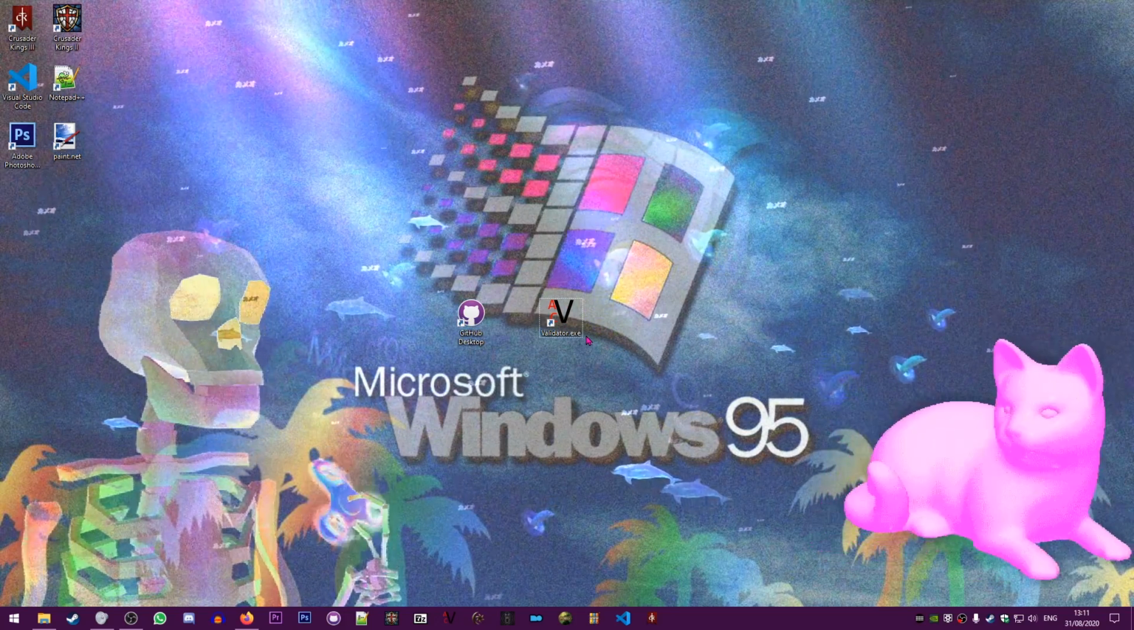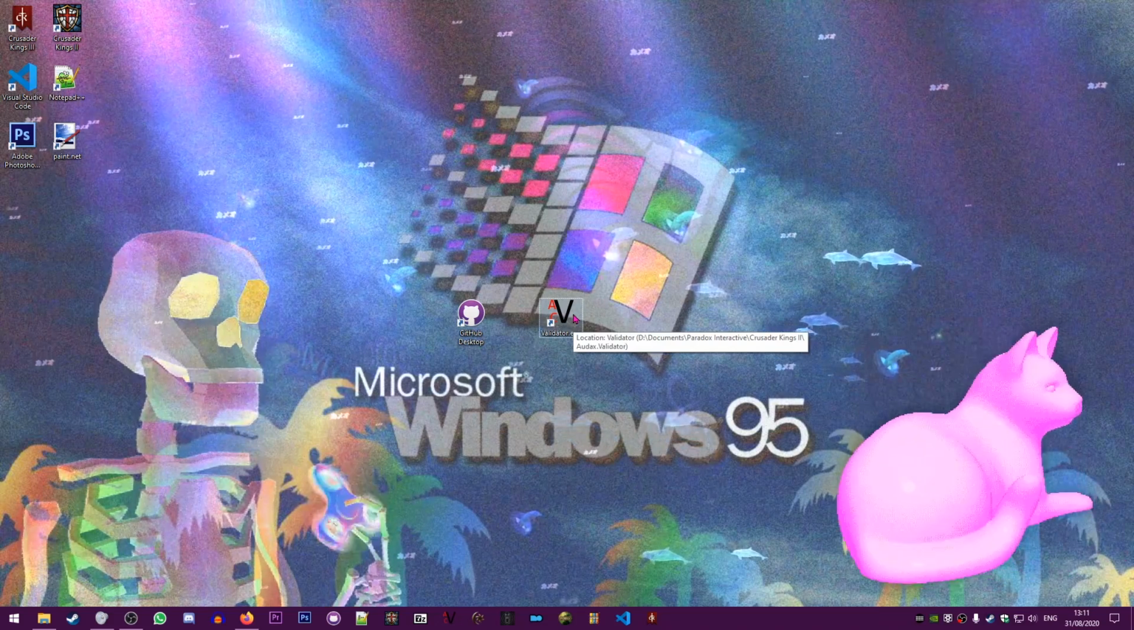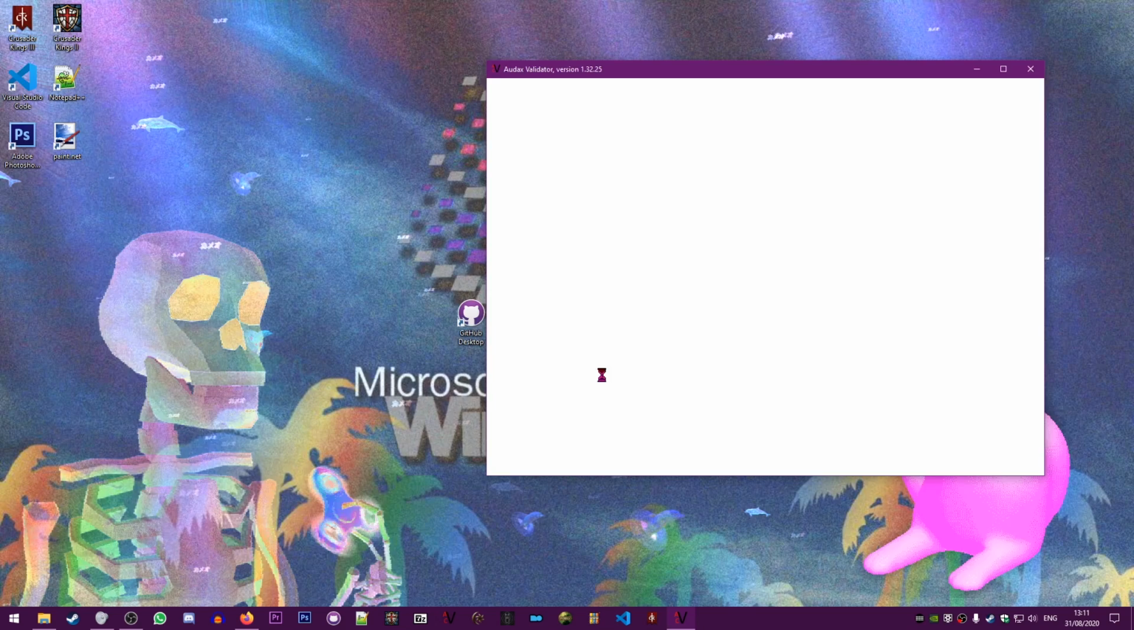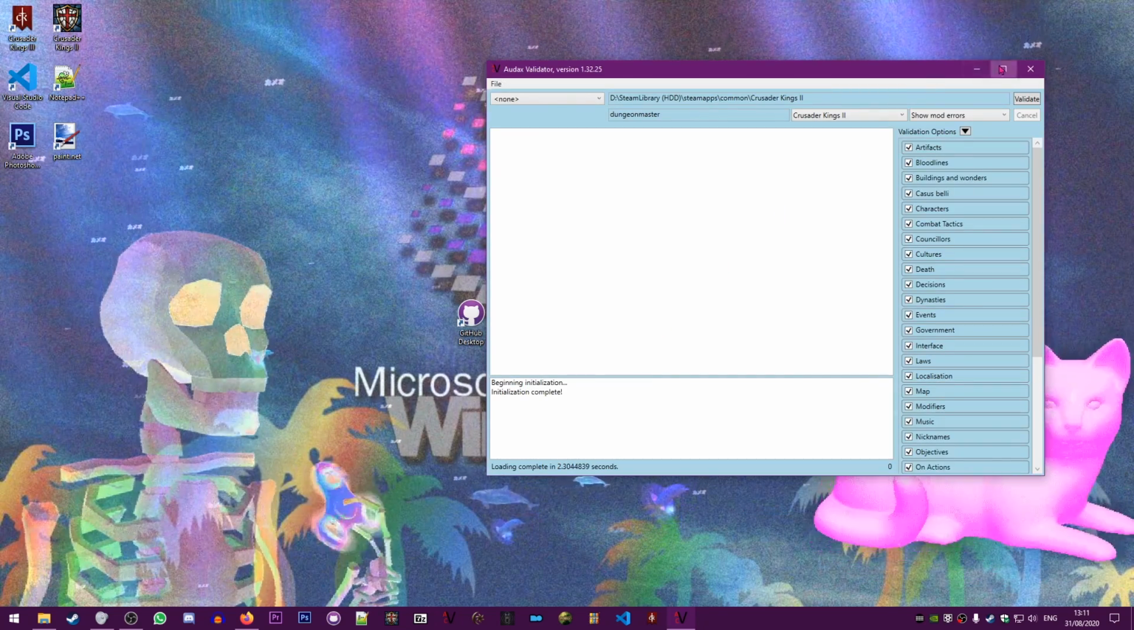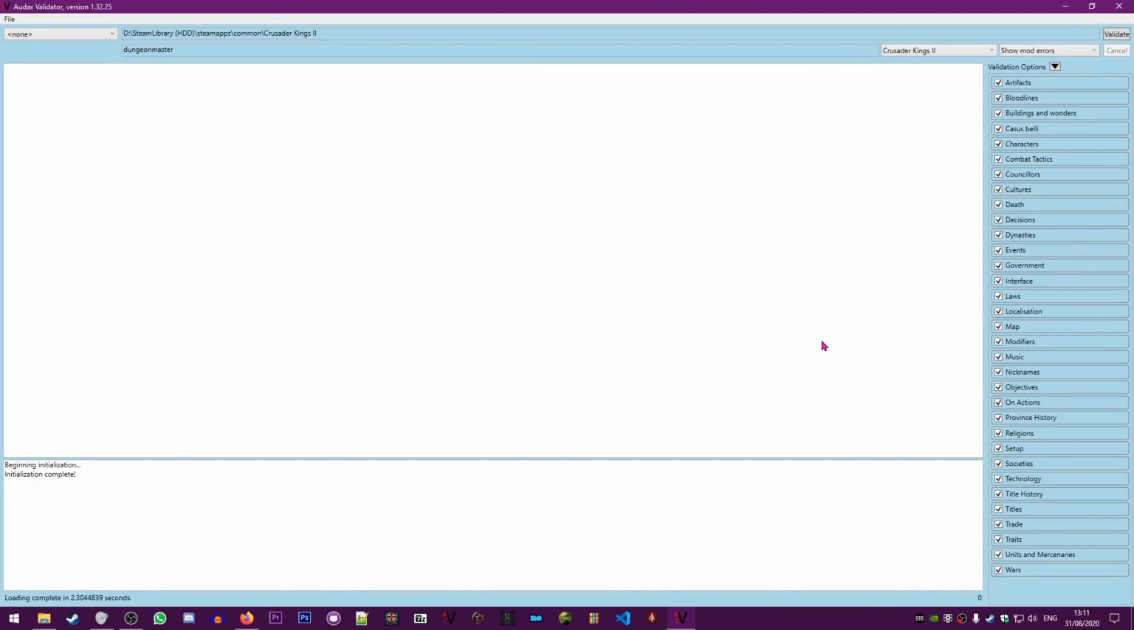Now, the Audax Validator is something that I've not really spoken about much before, and I really wish I would have, because it would have solved a lot of people's problems. The Audax Validator is a program that was uploaded to the Paradox forums a very, very long time ago, from what I remember, which is essentially a debugging program for